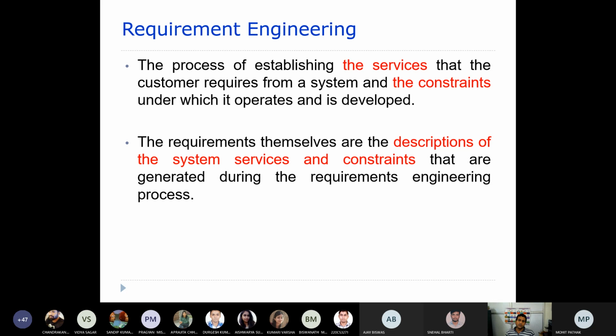Whatever system services and constraints we have talked about so far, their descriptions are actually the requirements. These descriptions are generated during the requirement engineering process. Okay, so through this process, we are able to establish the requirements.